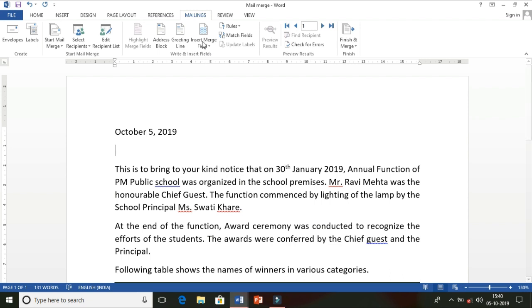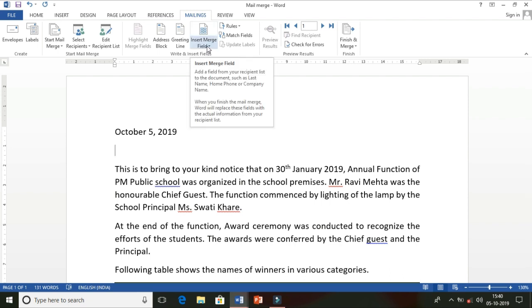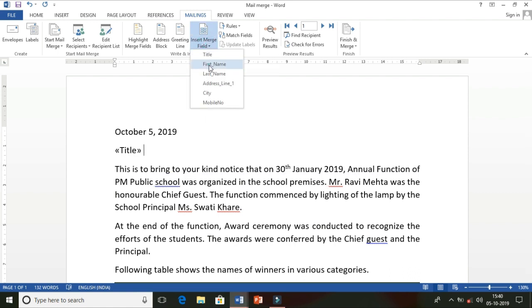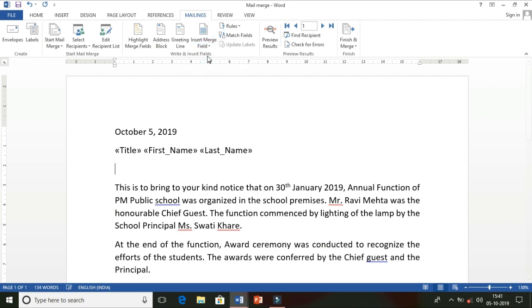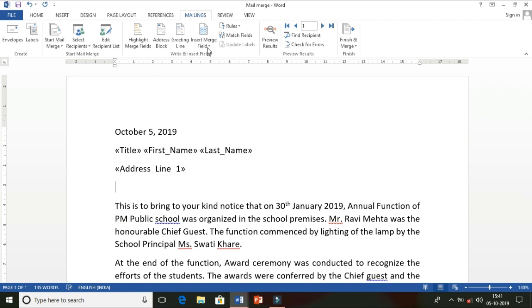After that, you have to click on Insert Merge Field. Just Title, put one space, then First Name, put one space, then Last Name. Press Enter. Again click on Address Line, Enter, City, space, Mobile Number. In this way I arrange all the details.